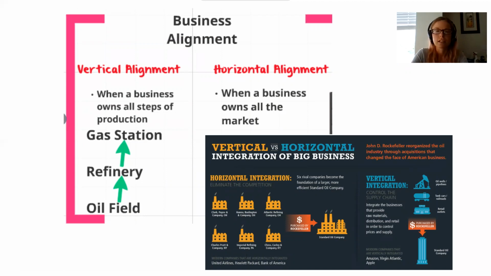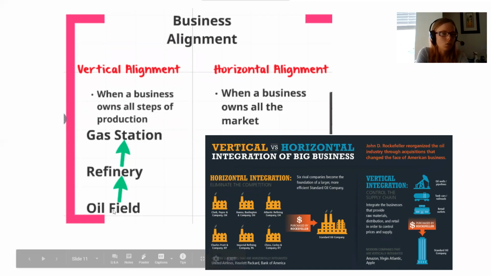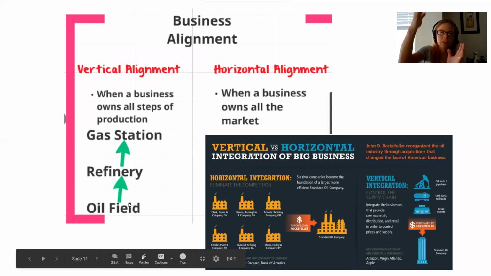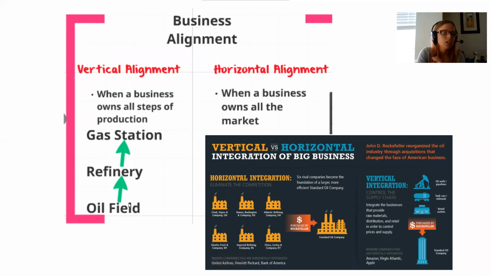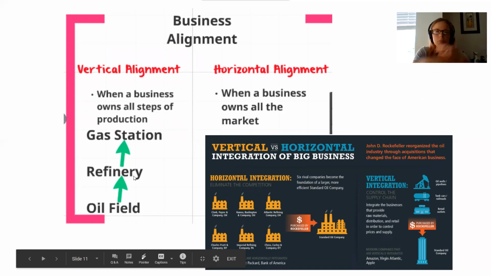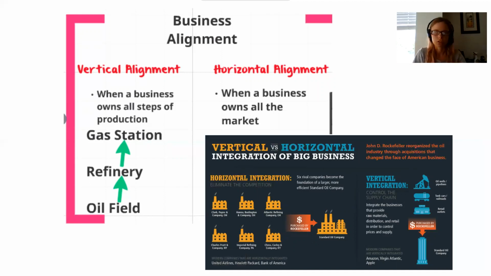So for instance, like the oil industry, you would own the oil fields where you get the crude oil from the ground. They have those derricks that pump out the oil and stuff. Then you would own the refineries where they purify the oil and make like kerosene. That's what Rockefeller's early endeavors did. Kerosene was used in the 1800s for most of the lighting around the world. And then eventually you would refine crude oil into gasoline, which we're much more familiar with. Cars, remember, start to become a much bigger thing in the early 1900s.